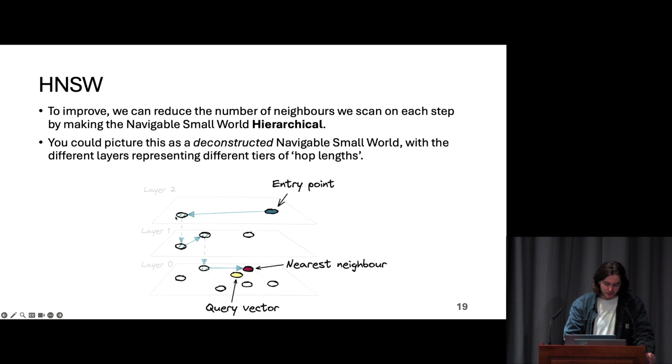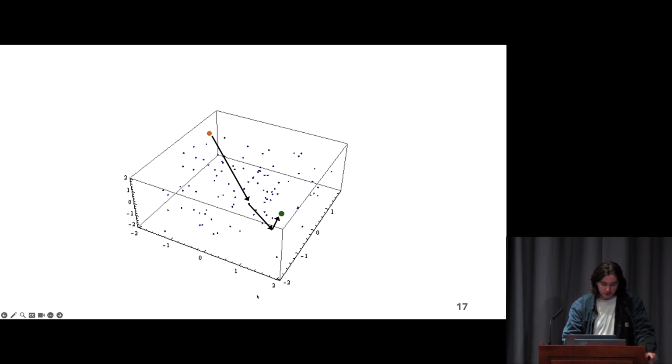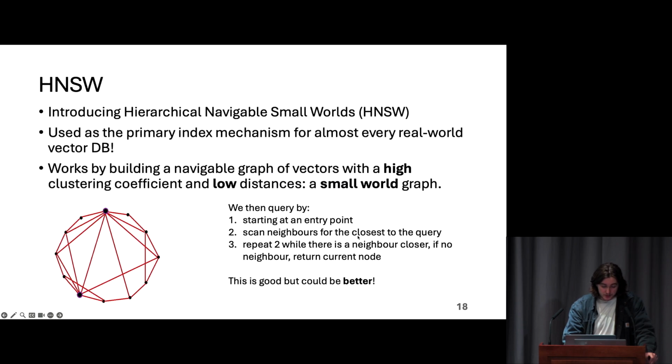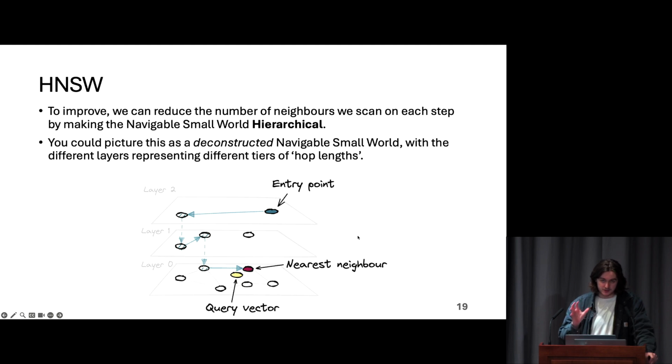Once you've found the closest one, you go down a layer. You keep going until you get the closest one, then go down another layer, and you keep going until you hit the bottommost layer. Then you're in the little mini hops that are closest. What this means is that we don't have to scan every single neighbor, even the small neighbors. In the earlier case, we would have been scanning every single small neighbor before we do the big hop. But here, we restrict the search space to the large hops first, then the medium hops,